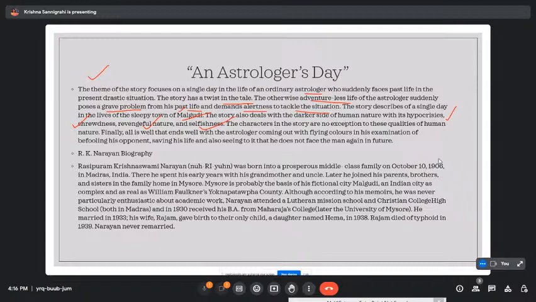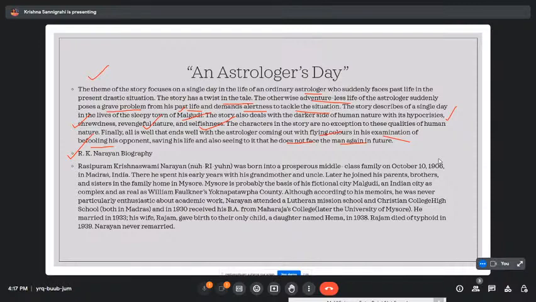Finally, all is well that ends well, with the astrologer coming out with flying colors in the examination of befooling his opponent, saving his life, and also seeing to it that he does not face the man again in future. Now we will just read a little bit about Narayan,